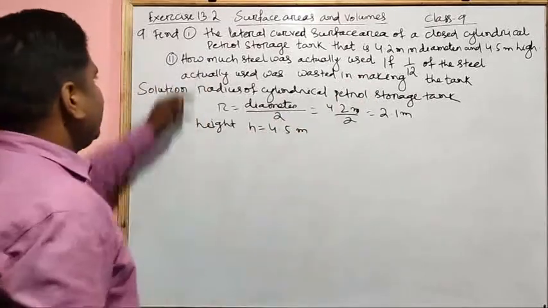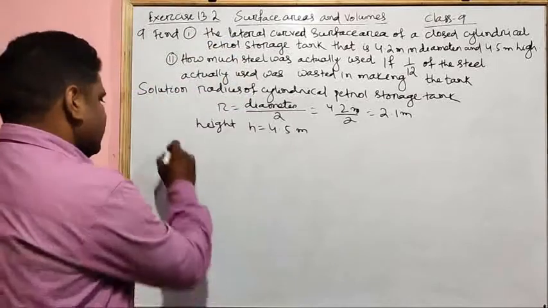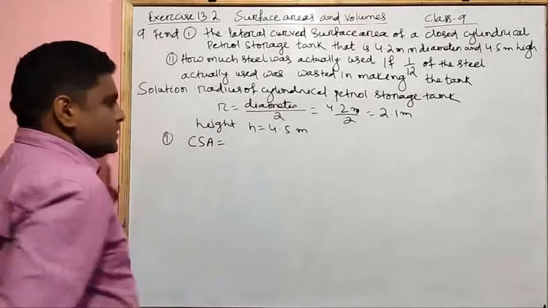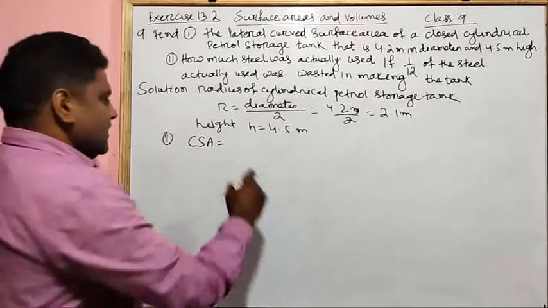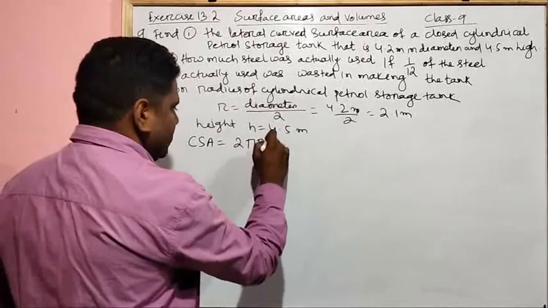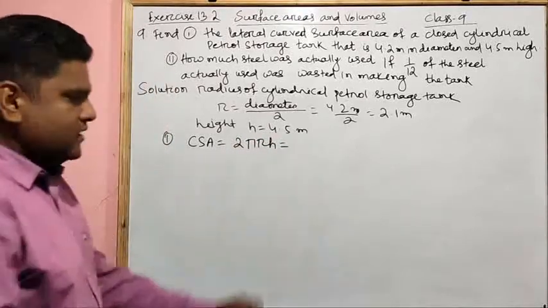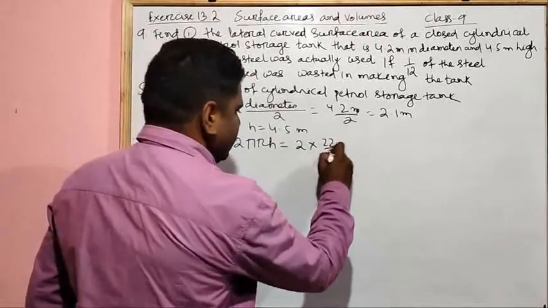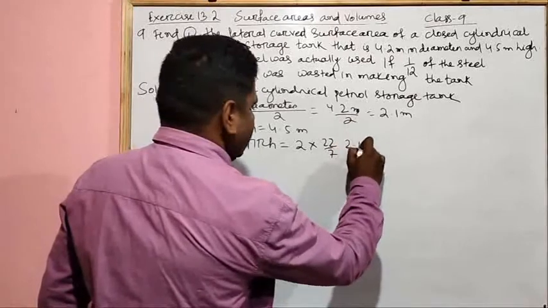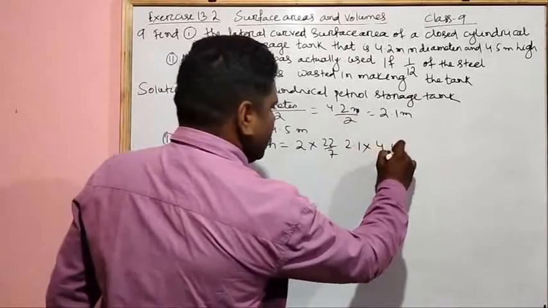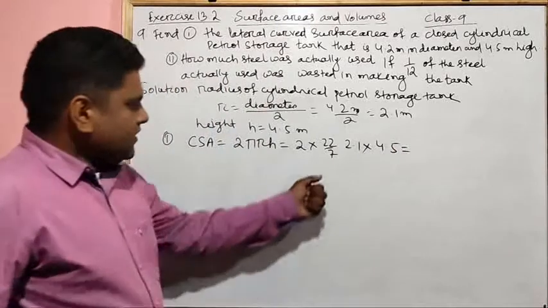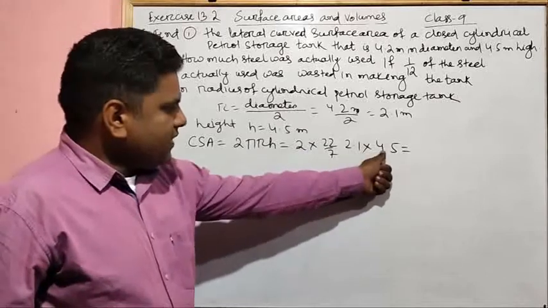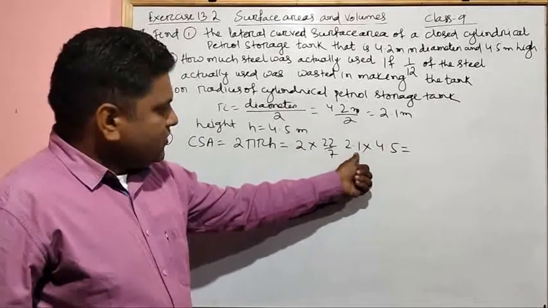First part, we have to find the lateral curved surface area. Lateral curved surface area or curved surface area, we know that it is 2 pi r h. Formula to calculate curved surface area of a cylinder is 2 pi r h. So it is 2 into 22 by 7, r equal to 2.1 into h is 4.5. See here, 2.1 by 7 it is 0.3. 2 into 4.5 it is 9. 9 into 0.3 is